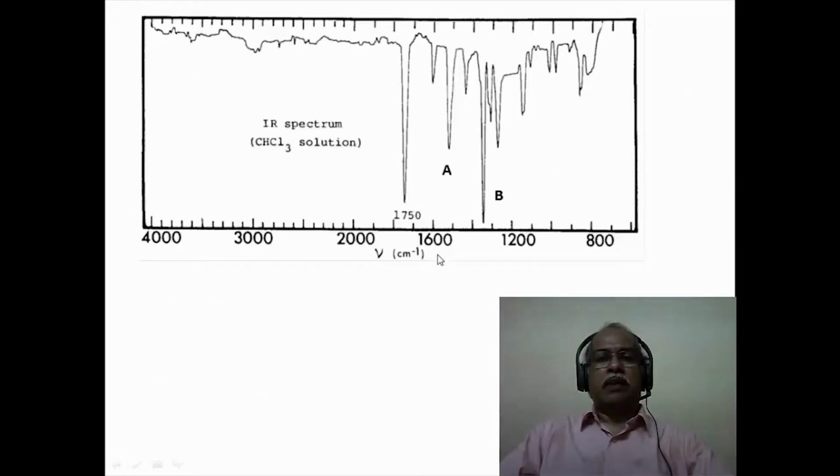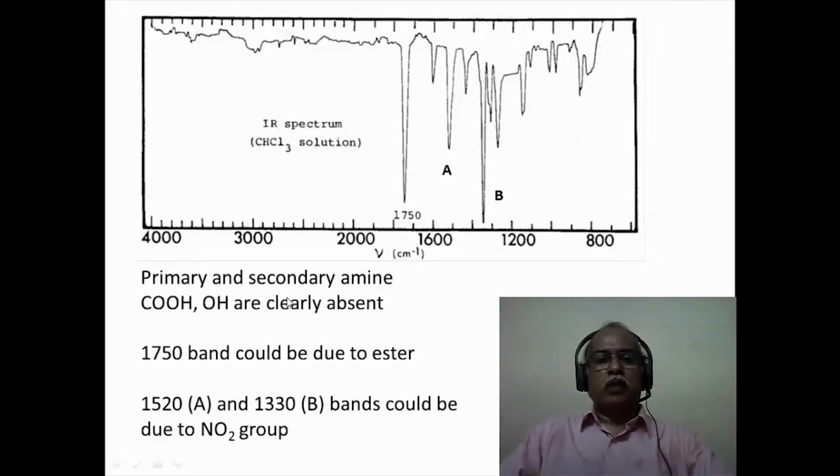spectrum. This is the infrared spectrum of this particular compound, and you can see that in the region of 3000 to 4000, there is not a peak available here. So one can straight away rule out the possibility of hydroxy compound, amino compound, carboxylic acid functional groups, phenolic functional group, and so on. So the molecule does not have any kind of OH functional group or COOH functional group or primary or secondary amine functional group, because the corresponding stretching frequencies, namely the OH stretching frequency and the NH stretching frequencies, are missing in this region between 3000 to 4000 inverse centimeter.